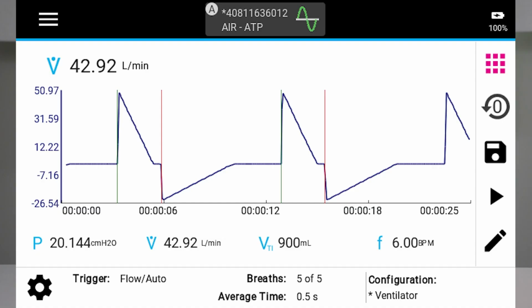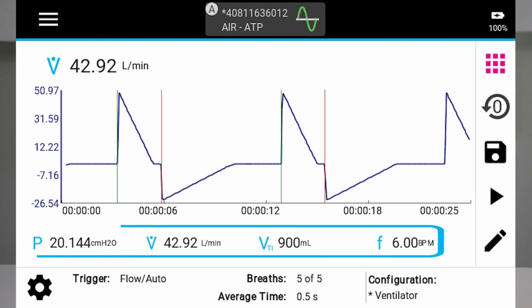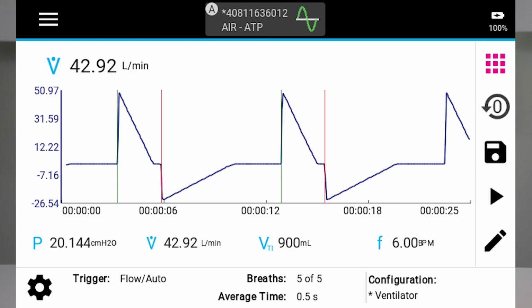If you're not getting the expected readings from your certifier, then plot flow rate or pressure on the graph to match the trigger type that's selected, and observe the indicators for several breaths. It may be helpful to add your measurements of interest below the graph so that you can view them at the same time as the trigger indicators.